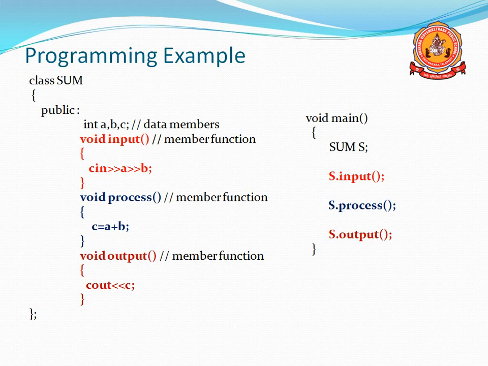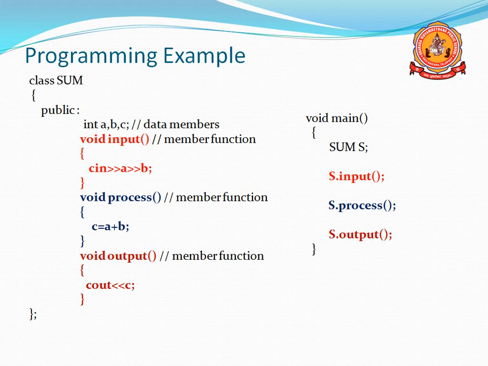Remember, colon. Then I used three variables. I developed a simple program for adding two numbers. If you want to add two numbers A and B, and store the output, C is required. So three data members or variables are required. How many variables are required? That is, we can declare them as data members.